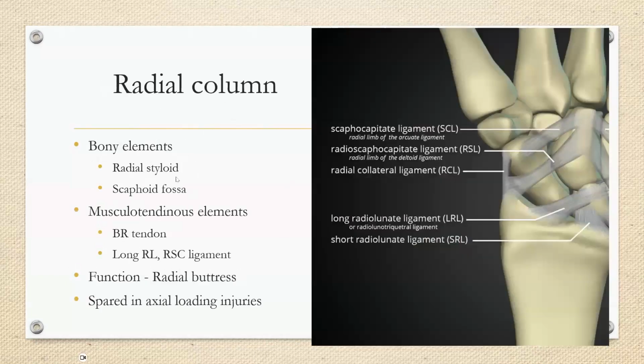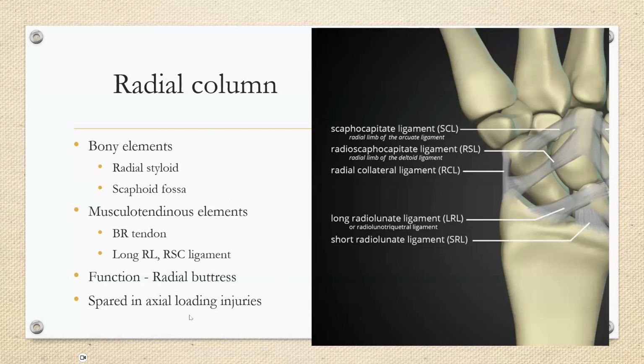Again, quickly regarding the important constituents of the columns, the radial column consists of the radial styloid up to the scaphoid fossa, and the musculotendinous elements include the brachioradialis tendon and the long radiolunate as well as the radioscaphocapitate ligaments. The primary function of the radial column is only to provide a buttress for the radial movements, in particular in deviations, both ulnar and radial deviations. Point to note is that if it is primarily axial loading of the distal radius, the radial column